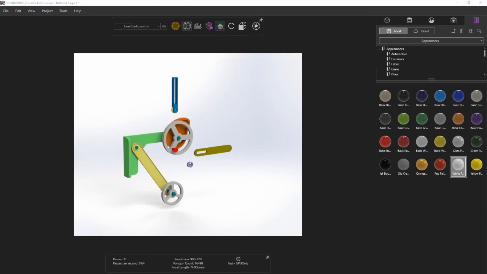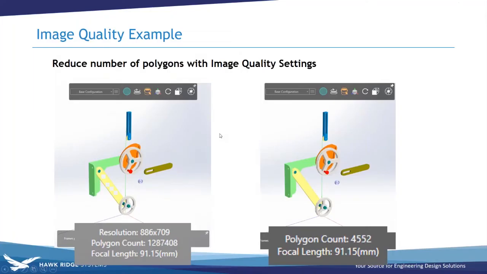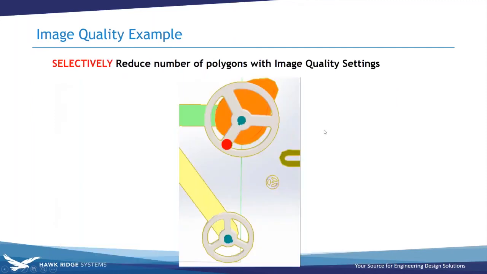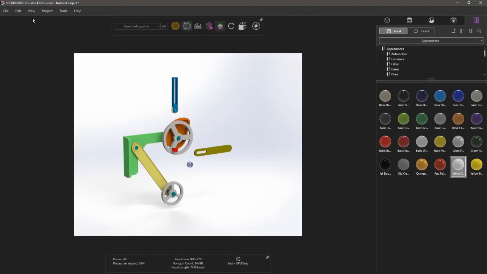So that's a good reason to have some extra overhead in your hardware if you want to be using the denoiser tool. This is a really simple example, but really you'd be applying these techniques on large complex scenes where you're running into performance problems. Okay. The other option that can cause performance problems is if you're manually importing into Visualize,